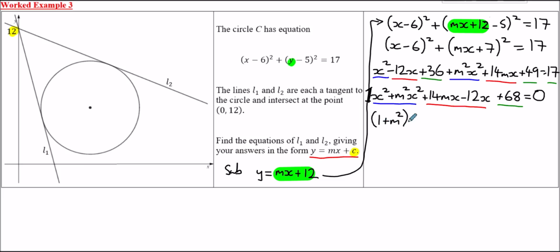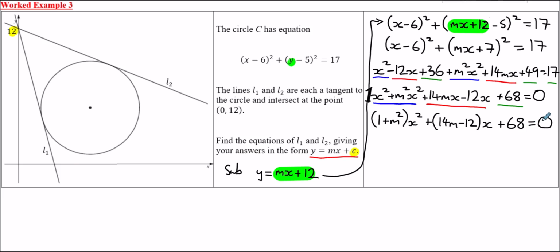So you have 1 plus m squared lots of x squared. Over here, for the x terms, we have 14m lots of x, minus 12 lots of x. So altogether that's 14m minus 12 lots of x plus 68